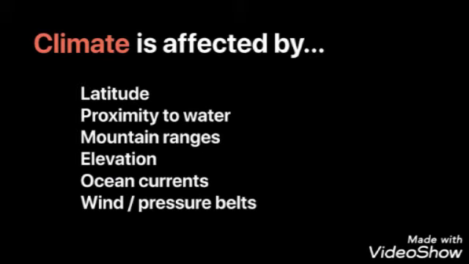Climate, on the other hand, is affected by different things. It's affected by your latitude, how close you are to water. Are you on one side or another of a mountain range? Are you at a high altitude or elevation? Are you near a particular ocean current? Or are you in a particular wind and pressure belt? So climate is affected by many different things, as is weather, and all of those get together to give you a snapshot of what's happening at a particular instant, being the weather, and